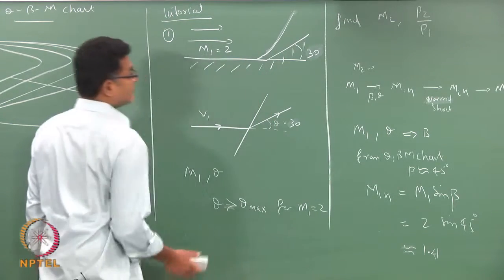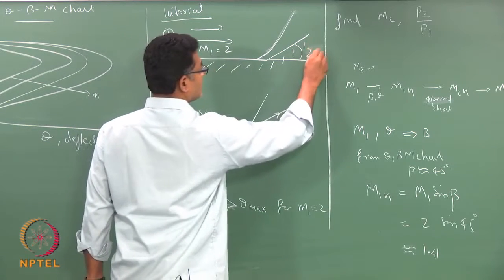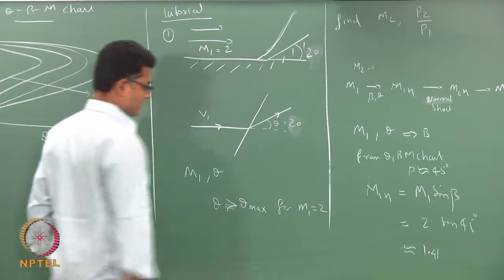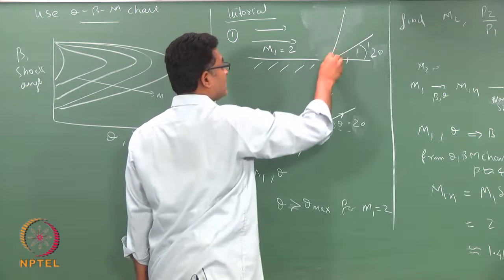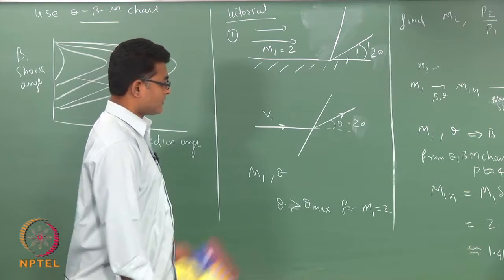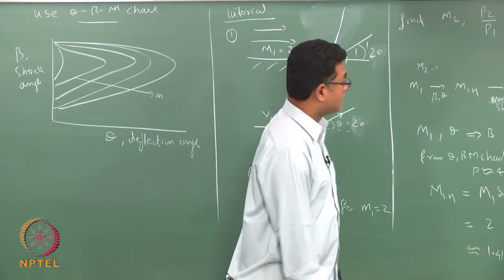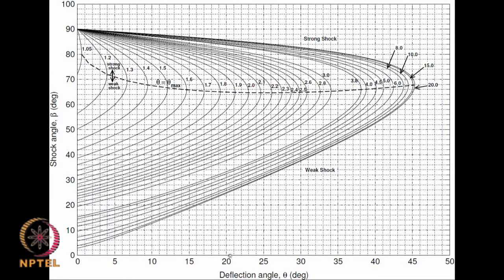So, now let us consider when theta is 20 degrees. Mach number is the same. So, there will be one oblique shock that is here. The procedure is same, again we look for beta. I take Mach number 2 and I look for a line, deflection 20, Mach number 2, which intersect at some point